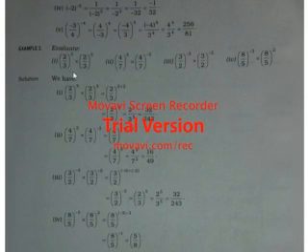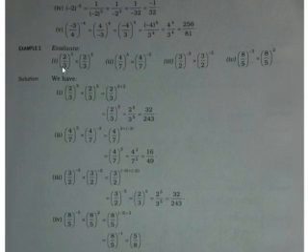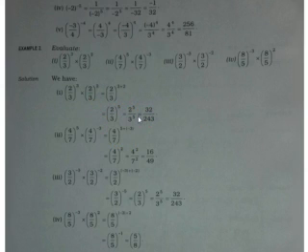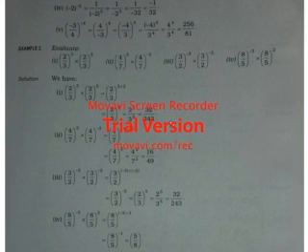If you will see below in question number 2, it is evaluate (2/3) raised to the power 3 into (2/3) raised to the power 2. Okay, so I had already said when the bases are same, then their powers are added in multiplication. So you can see over here the powers are added, 3 plus 2, and it became (2/3) raised to the power 5. Separated, then it becomes 2 to the power 5 and 3 to the power 5. 2 to the power 5 means 2 multiplied 5 times, it becomes 32, and 3 multiplied 5 times becomes 243. Like 3 3s are 9, 9 3s are 27, 27 into 3 is 81, and 81 into 3 becomes 243.